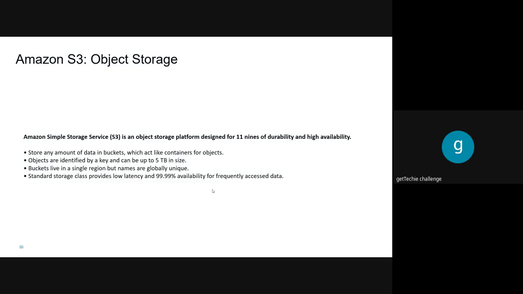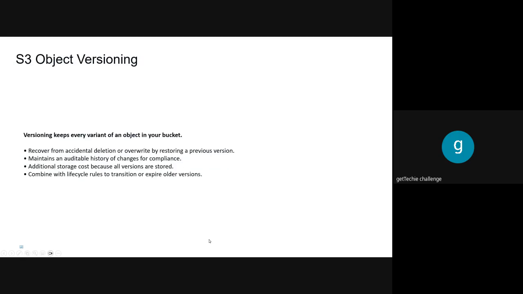But you cannot just get the data at once. If you want to get data from Deep Glacier, you might need to request, let me say, I think 24 hours or 48 hours, for you to finally be able to have access to that data, because it's actually in archive. When you say something is in archive, that is what it means.